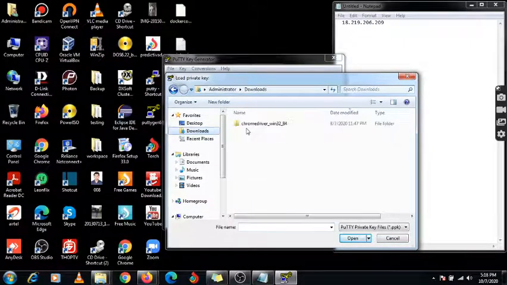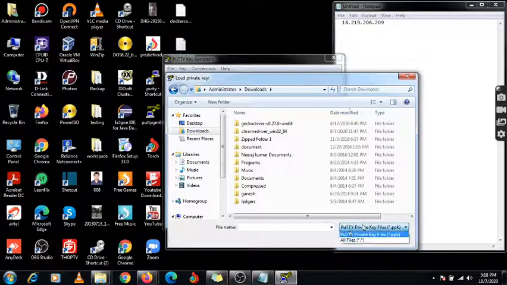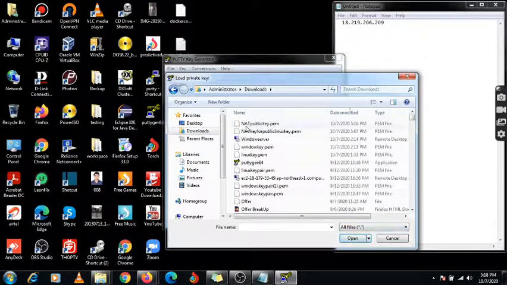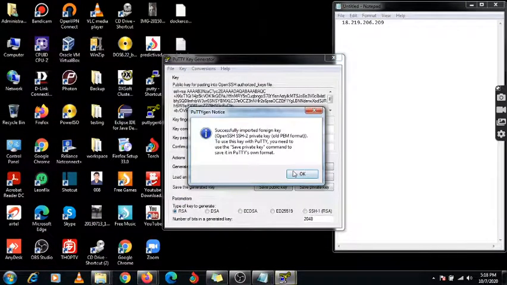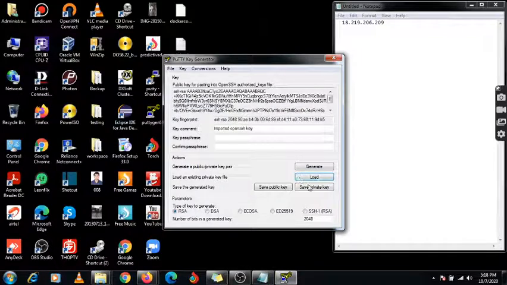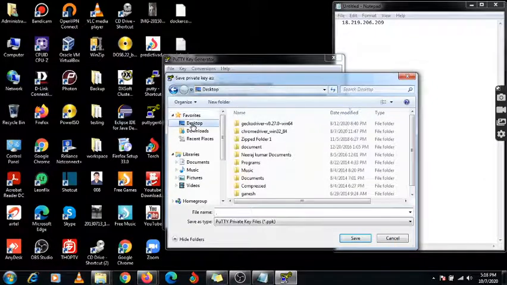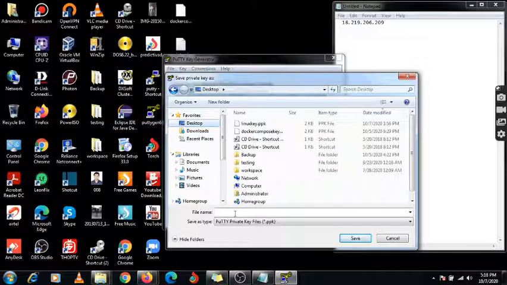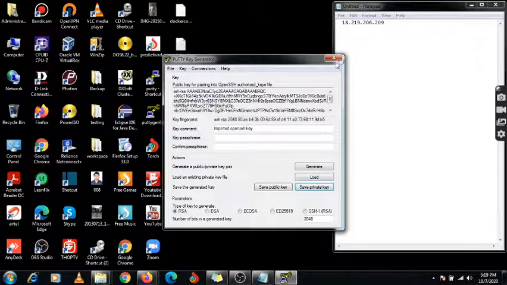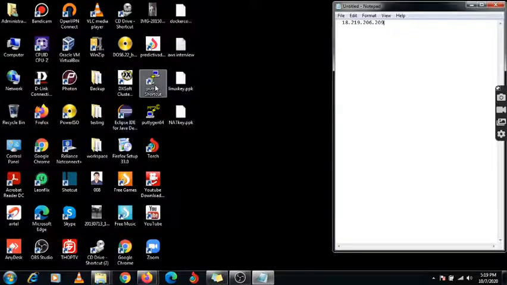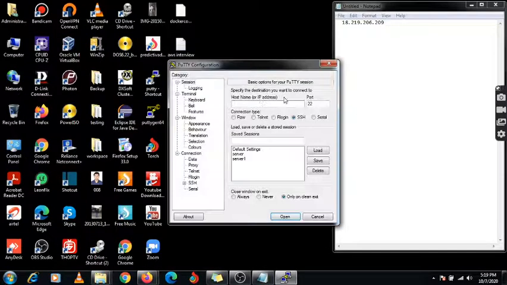Here in the downloads I have downloaded my key as NAT public key. I am going to export it and save it as a private key. Now I am going to save it on my desktop with the name NAT key, and save it. Now you need to close this tab and click on PuTTY.